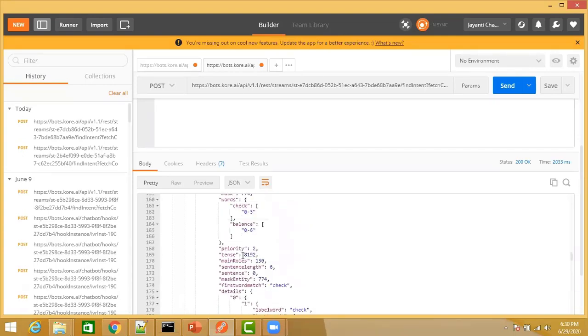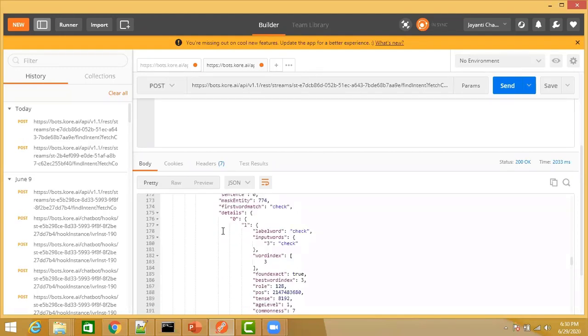The advantage is that once you have an API call, you have seen that we make API calls from our service node, and from that response we can pick up elements and display them or use them in our conversation flow. In the same way, after you make this API call, this is the response that comes back, and then you can use elements from this response in the application from where you have made this API call.